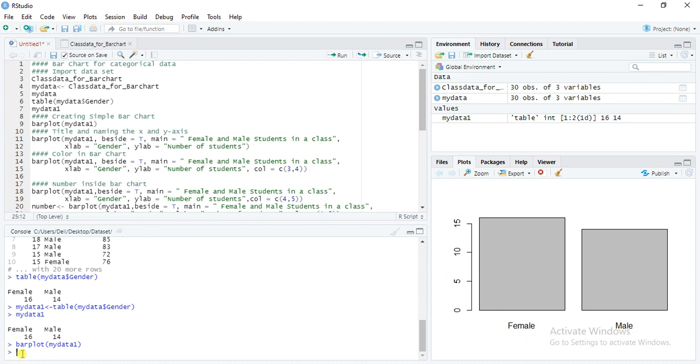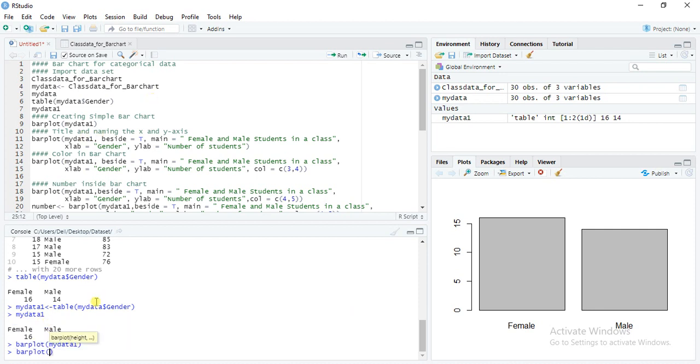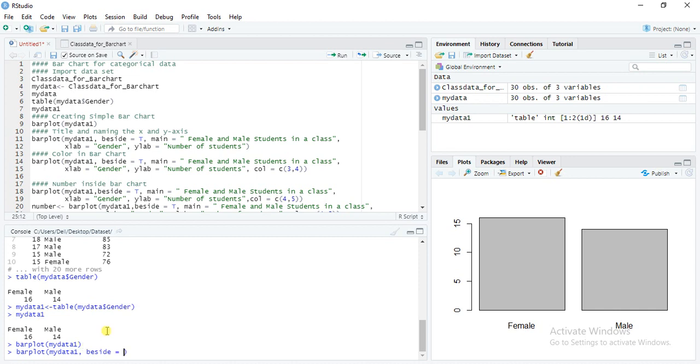So we will write here barplot, my data 1, comma, besides equal to true, comma, main, which means we are giving the name of the title.